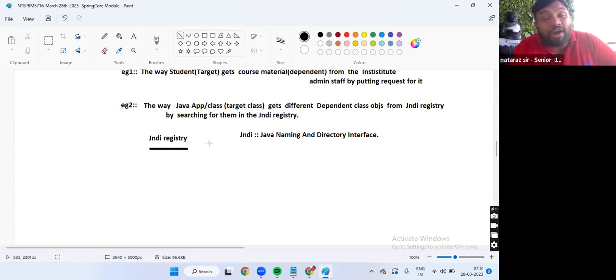Sir, which kind of objects will be placed in this kind of JNDI registry? Once you develop a Paytm service related object, it should be visible globally.